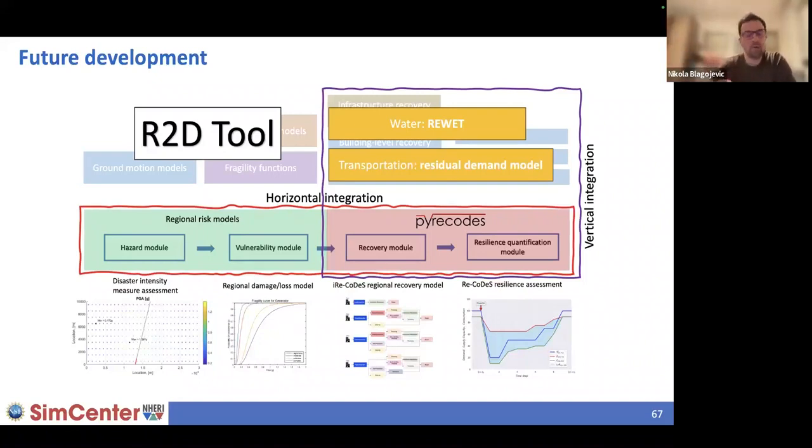And then we can see how traffic is going to be changing as people are coming back into the cities and as you have more electric power or more water. And what is also interesting is that these traffic models are only going to be in charge of the flow simulation, so simulating the flow of cars, but pyrecodes is going to simulate their recovery. So if you have your own simulator which only has the distribution model inside, you can still use pyrecodes to simulate the recovery of components.